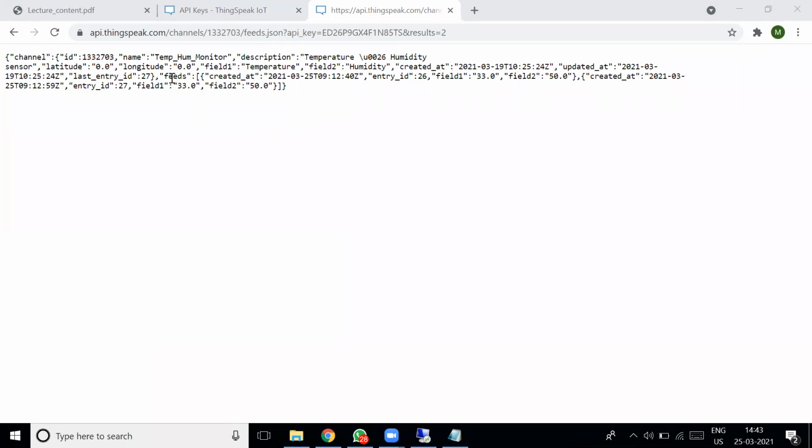When I call this URL, this is the feeds. This is the last value. Temperature is 33. Humidity is 50, right? So we have to write an Android program to parse these values and display them on the screen.